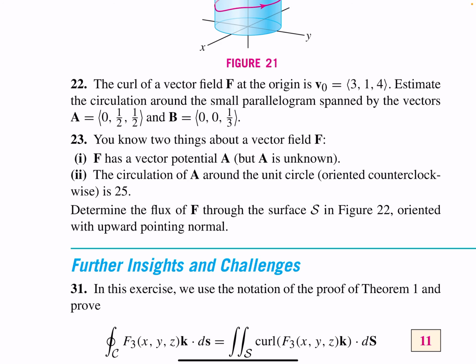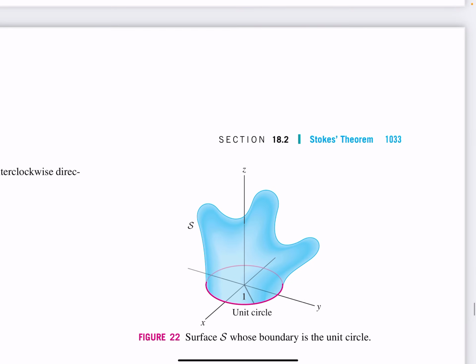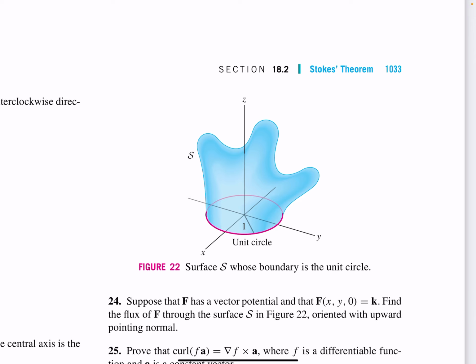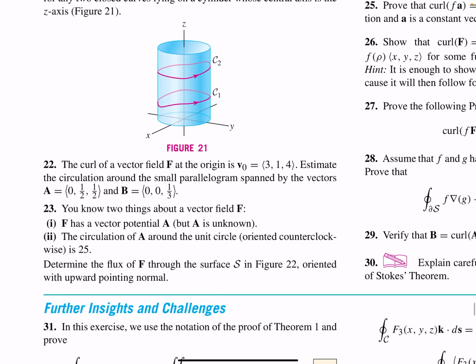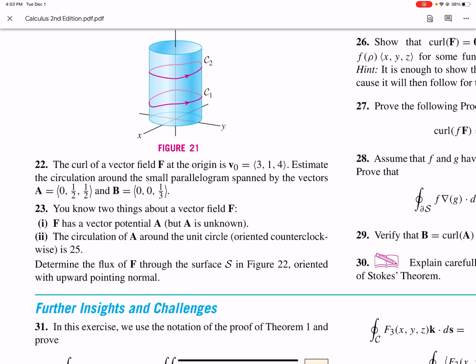So let me show you what that surface looks like. It's right up here. Kind of looks like a 3-fingered glove. But here's the deal. Since F is the curl of A, it is surface independent. So the value of it only depends on the value of the boundary. And they told us the circulation on the boundary is 25. So the answer to this problem, you guys, is 25. It's that easy. There is almost no work to do except to just state that, look, you told me